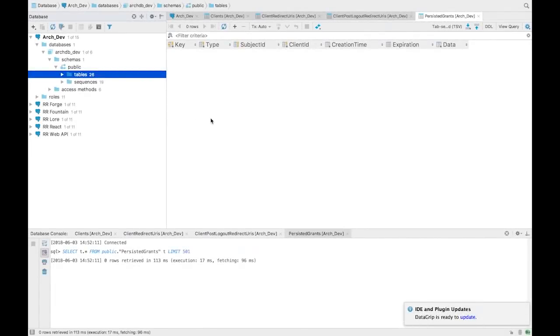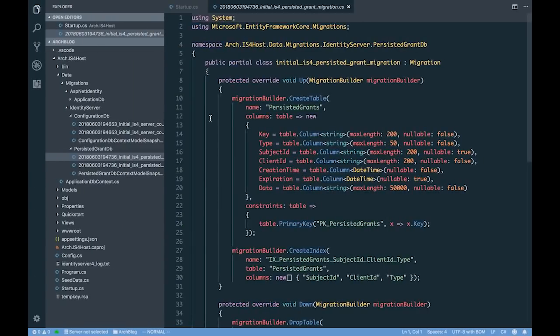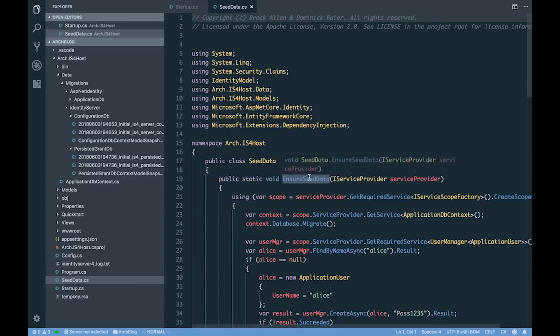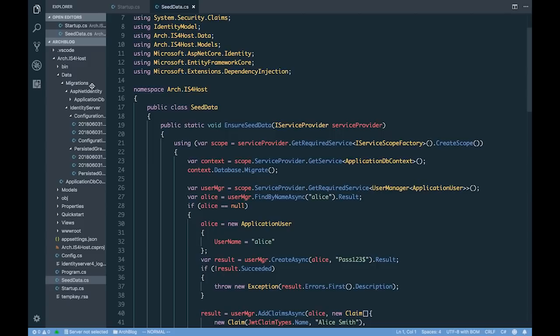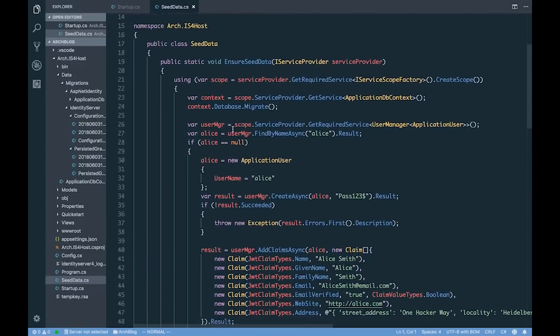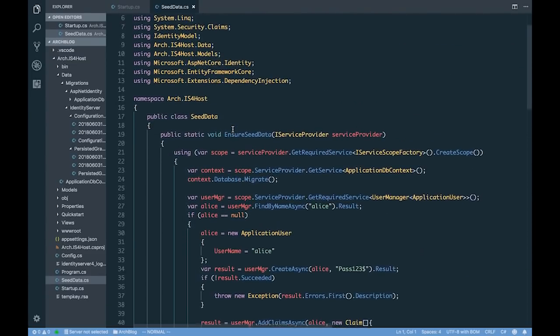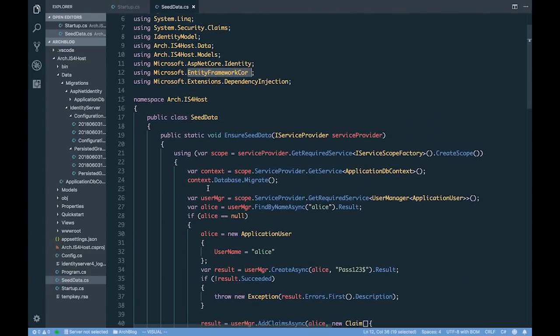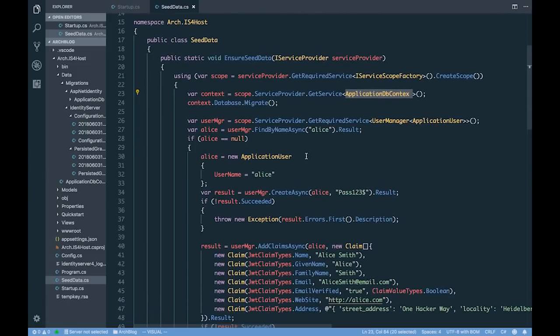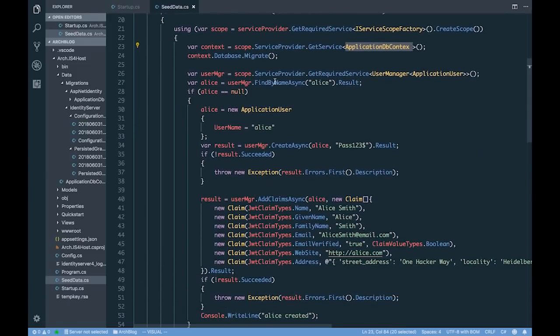Okay, so the last thing that we'll do here in this video is actually seed our database with some initial data. The template provided a very useful seed data class here that you can see, and if we just open this up quickly, we can see that it contains a single method, ensure seed data, and all it's going to do is again make use of Entity Framework using our application DB context,